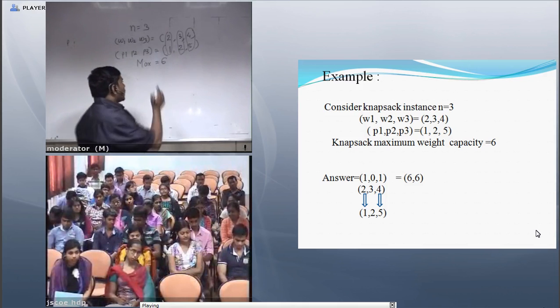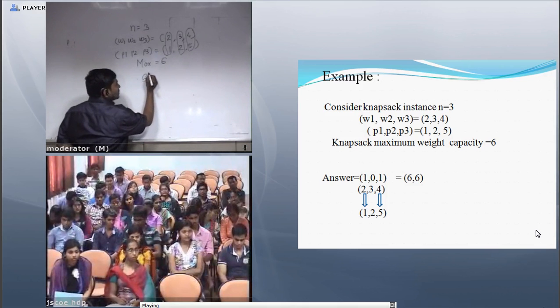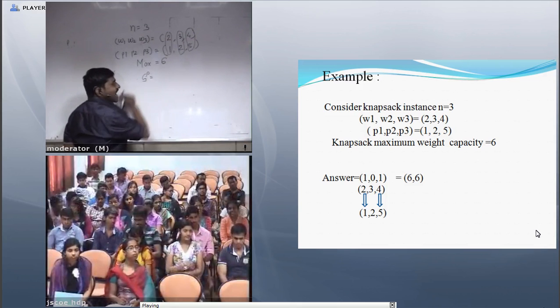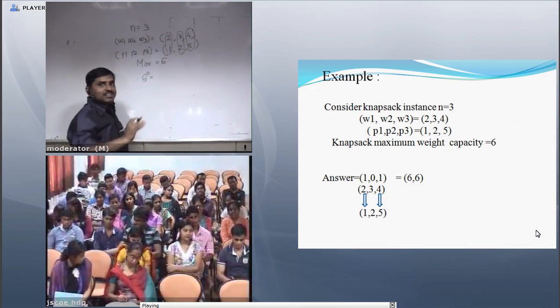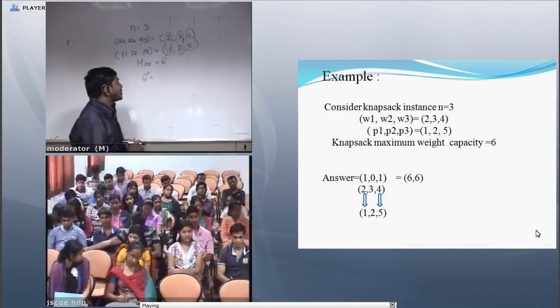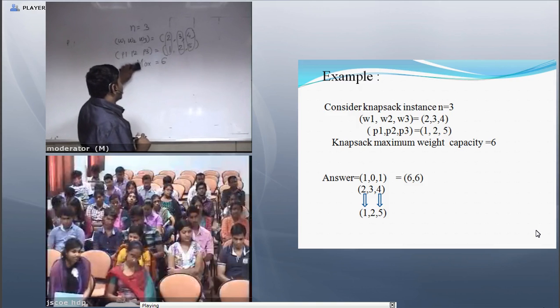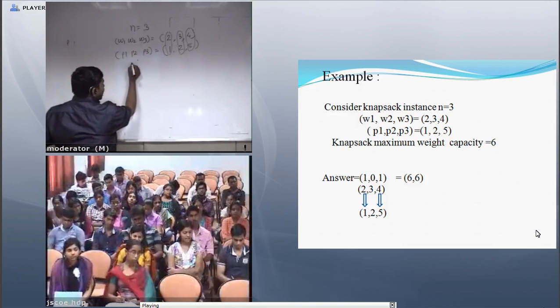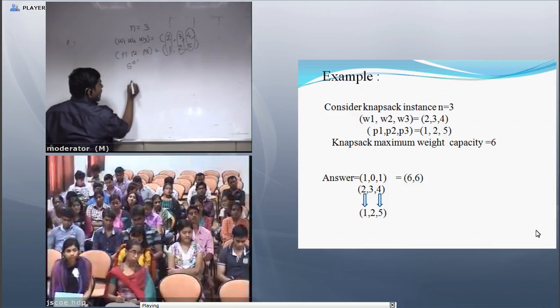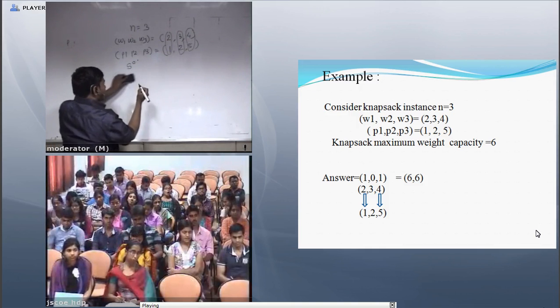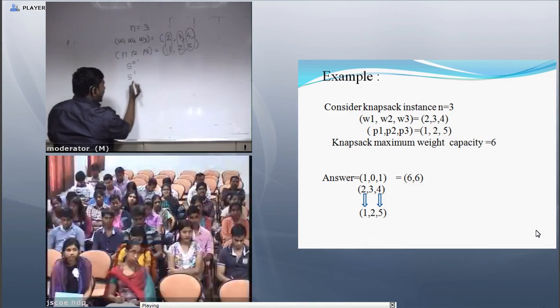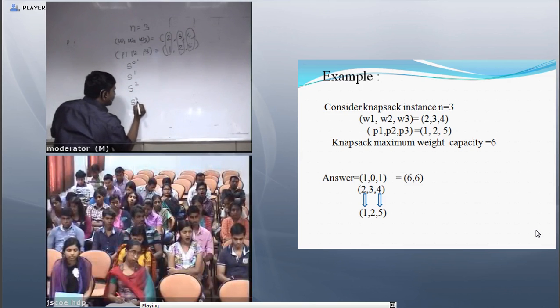How can we select that step? First, follow this algorithm step. S0, how many elements are there? There are 3 elements. So I calculate S0, I calculate S1, I calculate S2, and I calculate S3.